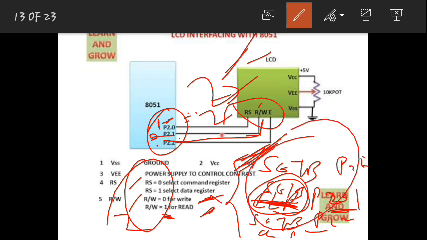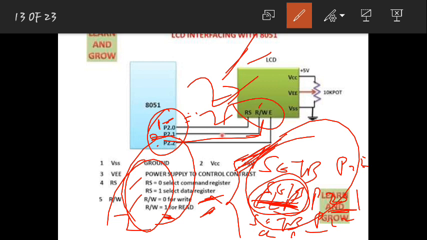So it only knows that I am giving a command or data, but by these instructions alone the LCD doesn't know what data I am giving or what command I am giving, whether the cursor should be moved to the right side or front, or whether the LCD should be on or off. It doesn't know all that. So for that I'll have a separate command box. I'll just assign some example values to some commands. That is my wish, I can assign whatever I want.